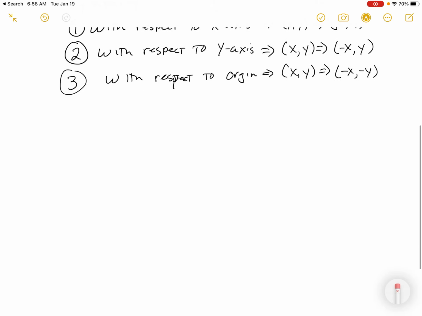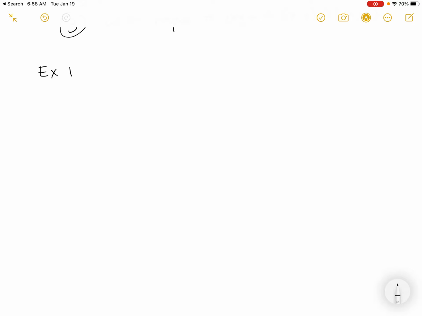So I'll put example 1. One of the first questions that I saw in the homework was plot the point negative 4, 1. So we're going to go plot negative 4, 1. So if I go plot negative 4, 1, I go 4 out, 1 up, and put a dot, right? And that's pretty much basic pre-algebra. Perfect. Now they want us to put in, so let me put that as A, and then B,